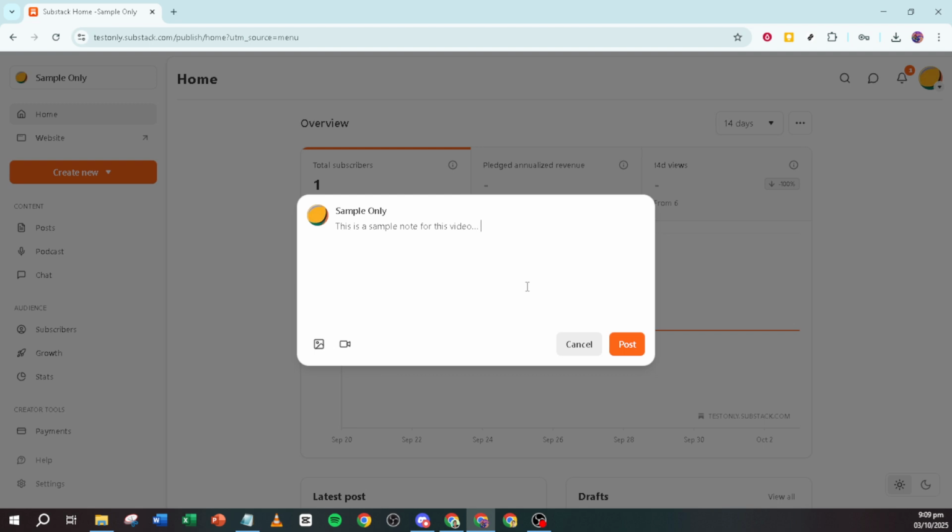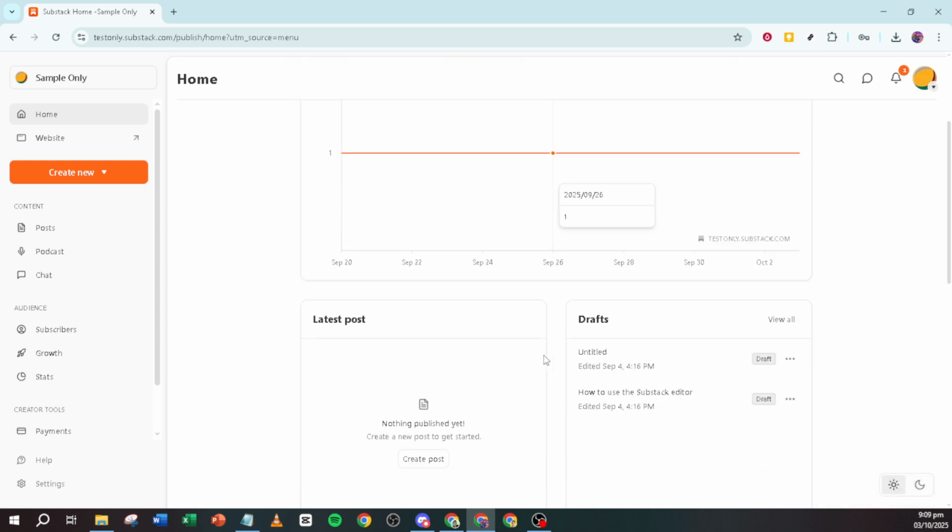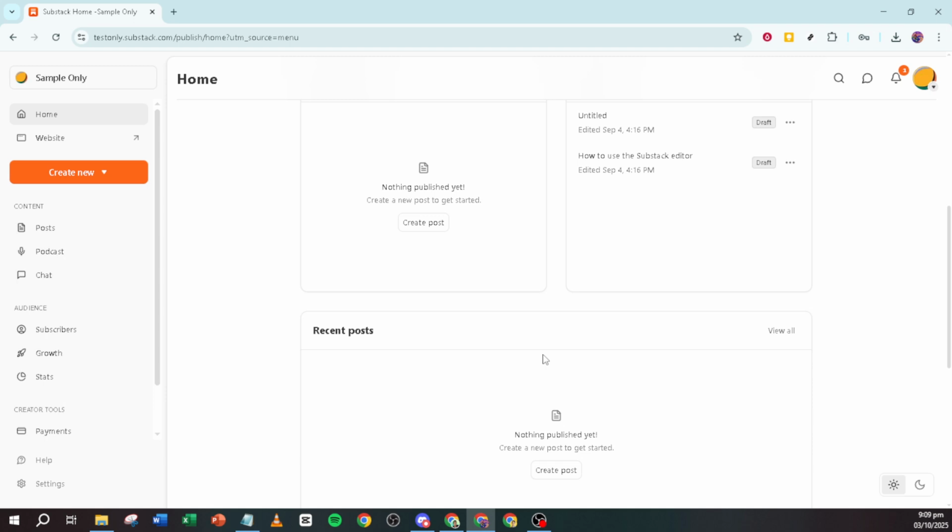Finally, once you're satisfied with your note, it's time to share it with the world. All you have to do is tap the Post button to publish your note on Substack. It's as simple as that. Your audience will now be able to see your note and interact with it, just like they would with any other platform. Don't forget, notes can spark discussions and engagement, so be prepared to interact with any feedback or responses you might receive.